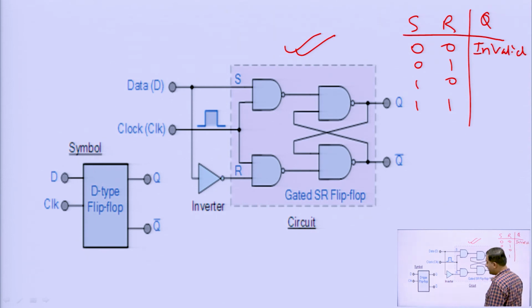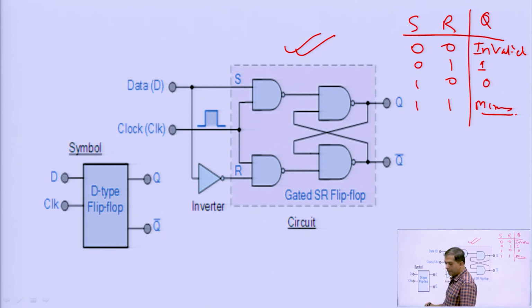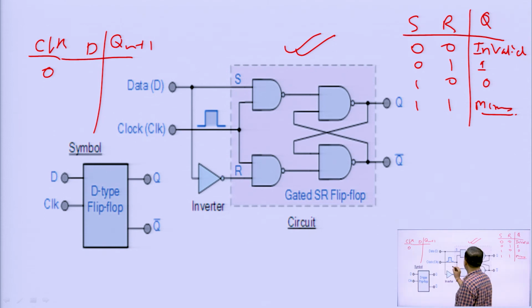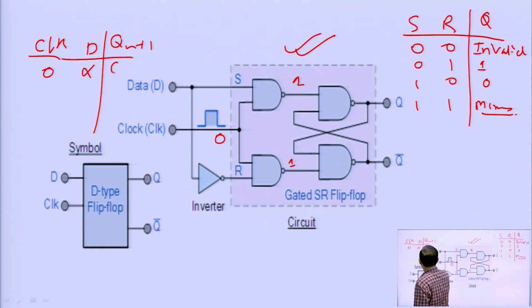Next we have 1 0 and memory. So, now we will be giving the D input, when the clock input is there, and there will be the next state Q n plus 1. So, what will that be? If the clock is 0, then any one input of the NAND gate is 0, and the output will be 1, right. So, in that case Q n plus 1 will be the memory, so it will be Qn.